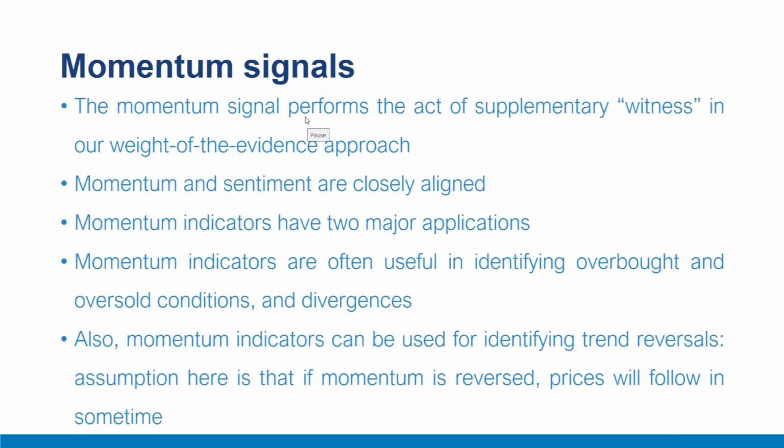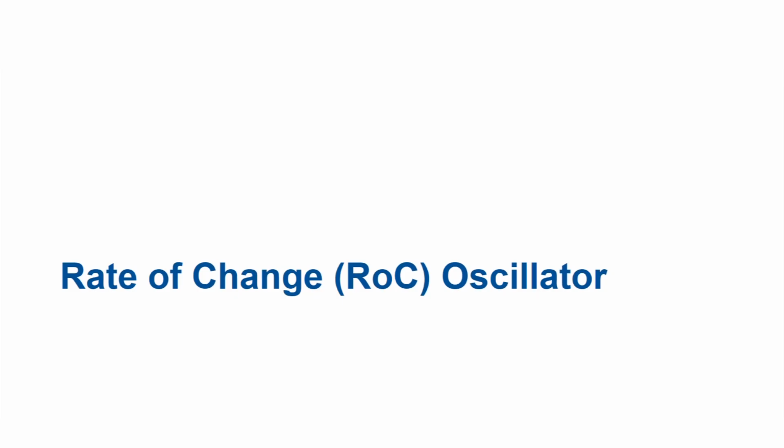To summarize, in this video, we introduced the concept of momentum in the context of financial markets. We also discussed how it can be applied in identifying overbought, oversold conditions and identifying trend and trend reversals. In this video, we'll introduce the rate of change ROC oscillator, which is one of the momentum indicators. For discussing momentum oscillation or properties of momentum, we'll use ROC as one case. There are multiple other oscillators. However, the discussion will remain similar.